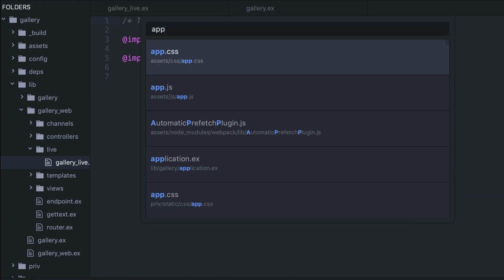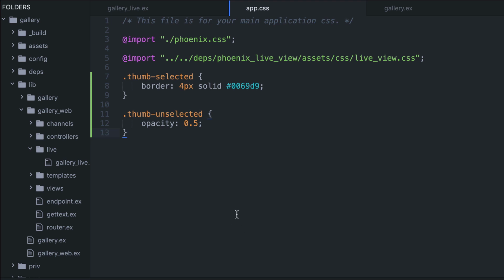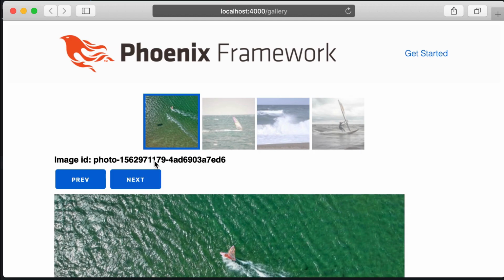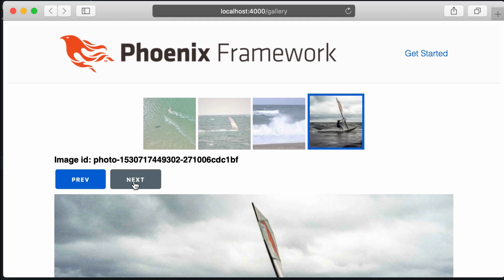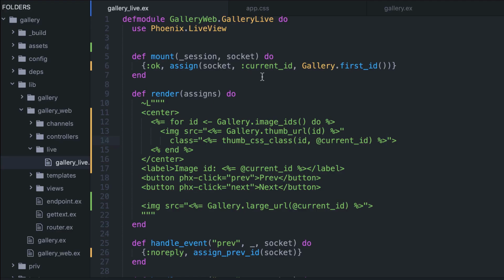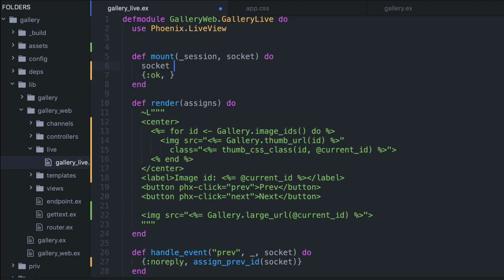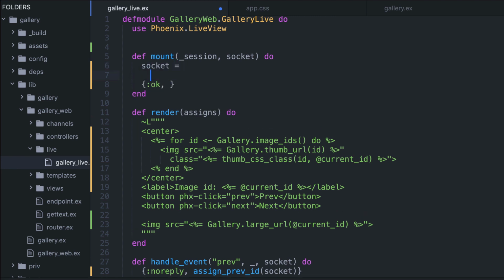We go in app CSS and we add this CSS for the two classes. Refreshing the page, we see that only the current image is selected. And let's now add the slideshow option. So we want a new socket with two assigns. One is current ID, so we say